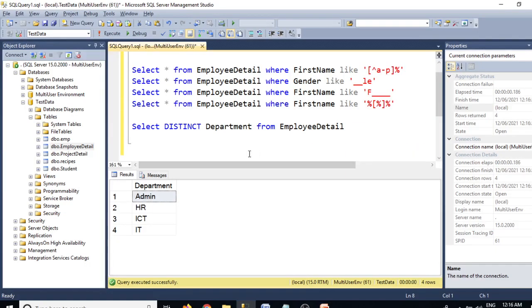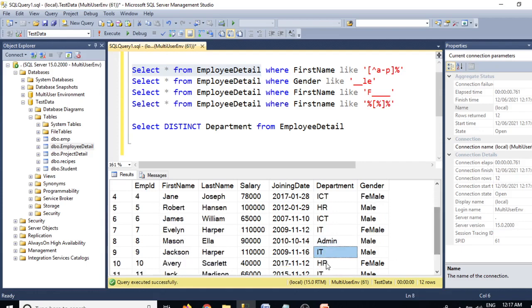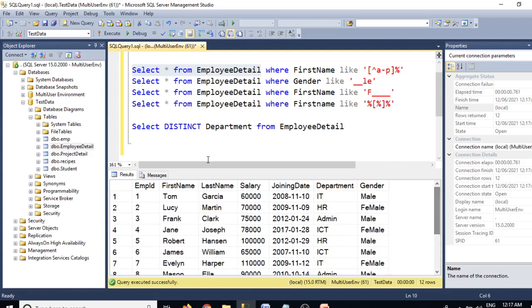So it will fetch only unique records from the particular column. In this employee detail table we have different departments like IT, HR, admin, ICT. There are 4 departments. Here you can see it is repeated: HR, ICT, IT, admin, IT, HR. So this is used to get the unique records.